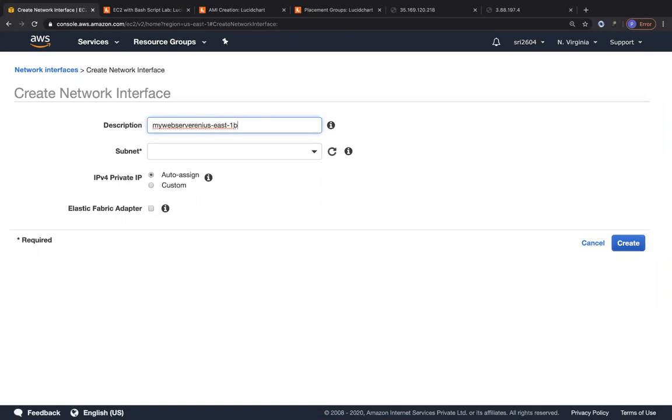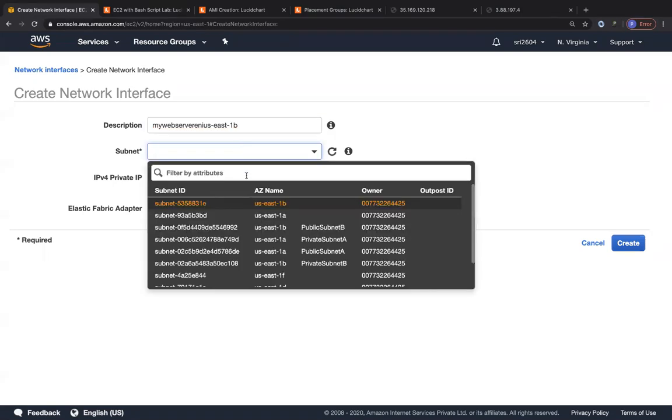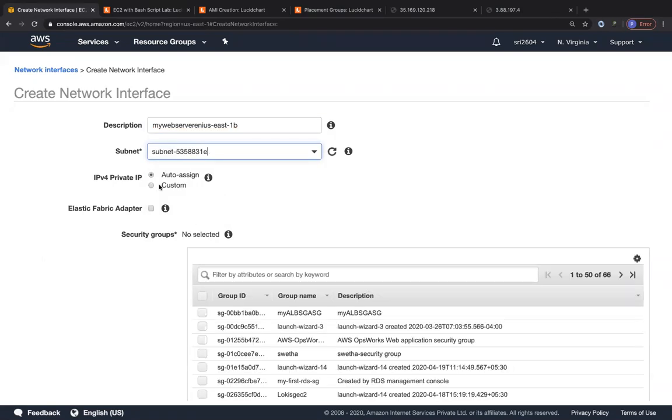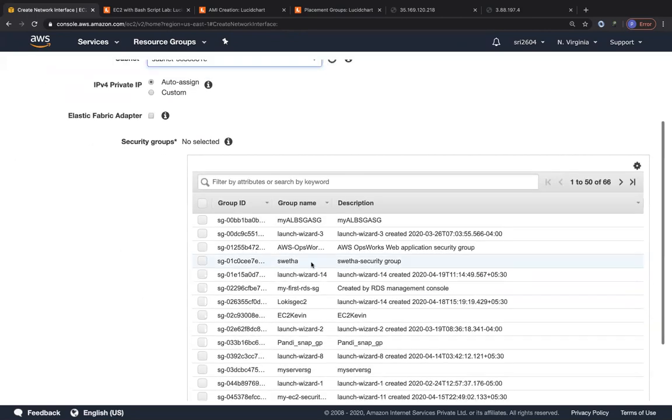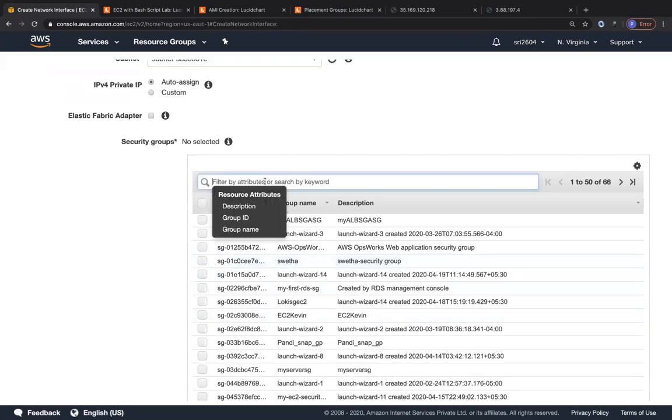Our previous EC2 instance is in US East 1A, so let's create this ENI in the US East 1B availability zone. We allow the private IP to be auto assigned from that subnet range itself, and then we choose the same my web server SG.